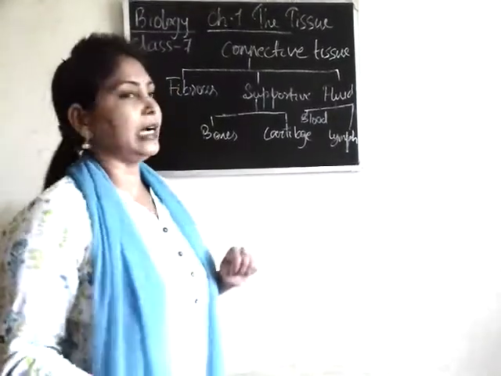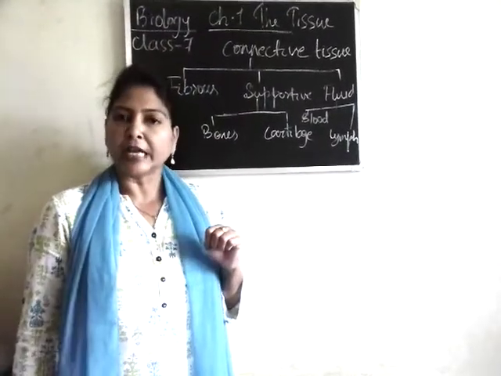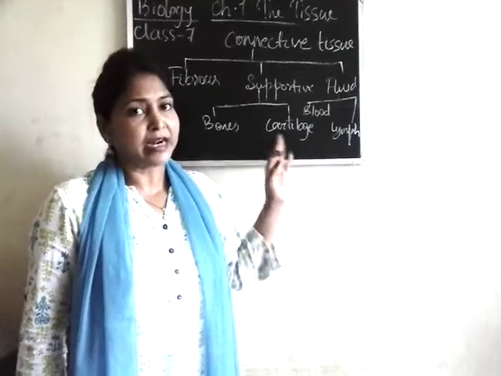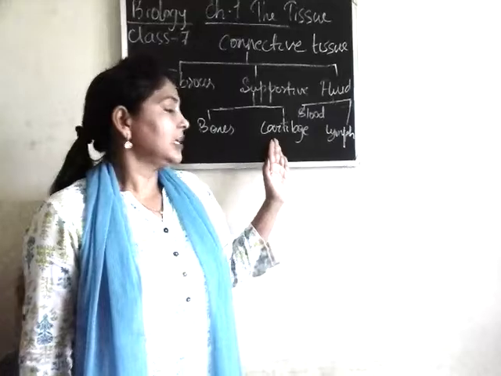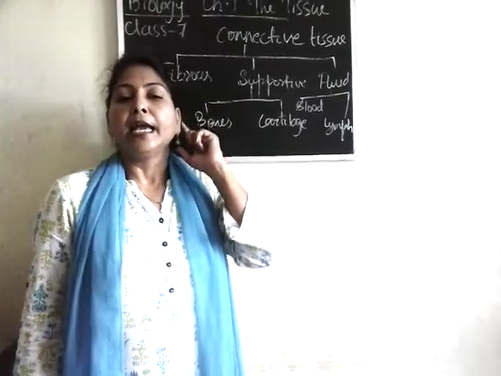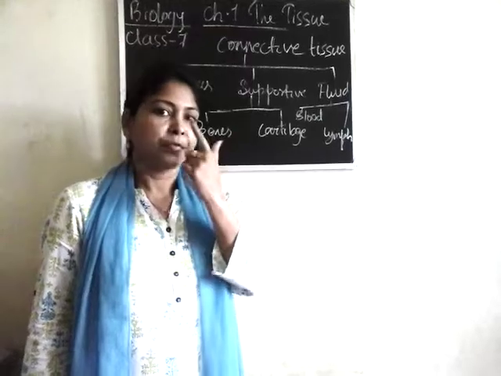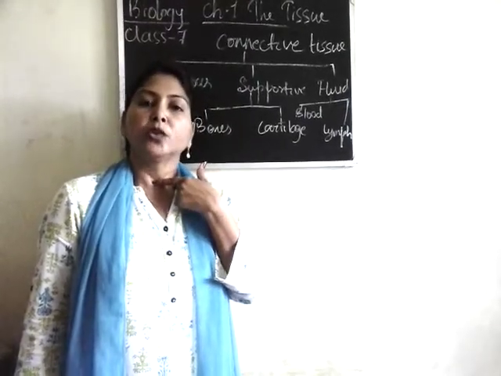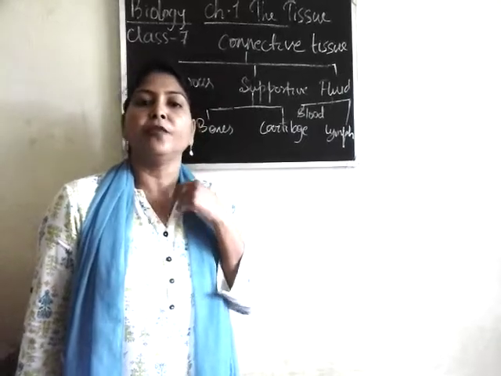Then we move to the cartilage. Now cartilage is again, we can say, a type of bone, but it is not as hard as bone. If you ask where they are located, they are basically located in the external ear, the nose, and over here in the throat, at the connection of the throat and windpipe.